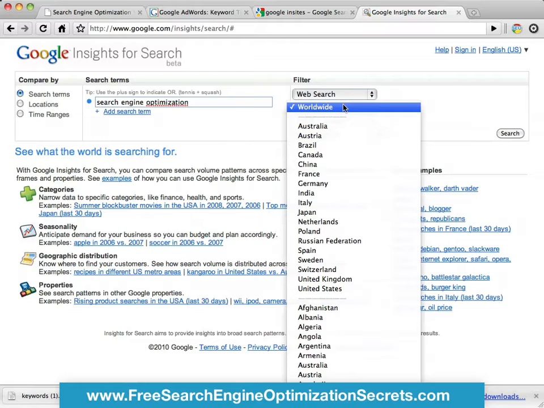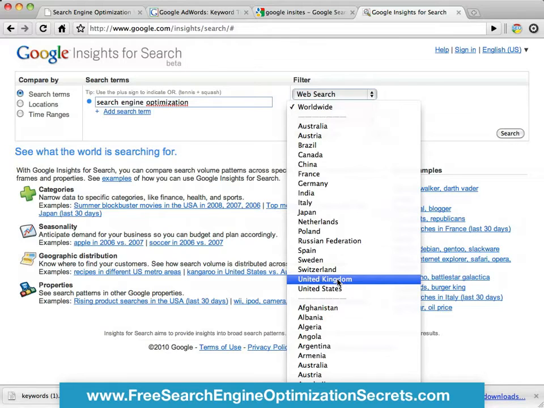But obviously, if you're going to be targeting your website and it's only in a specific area, so if you're a company in the US and you don't want business elsewhere, for example, put it into the United States in this category here. If you're from the United Kingdom and you're selling products in the United Kingdom, keep with your country because you're going to get much more of an accurate response back through this application.